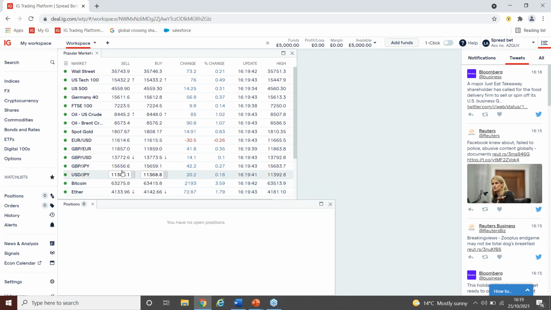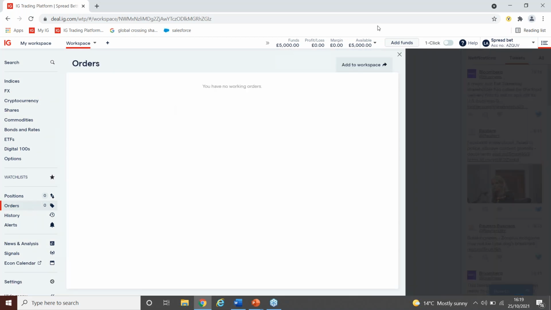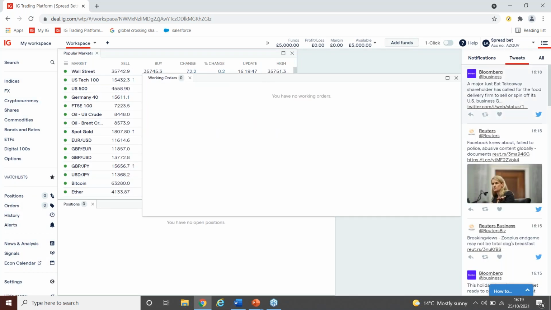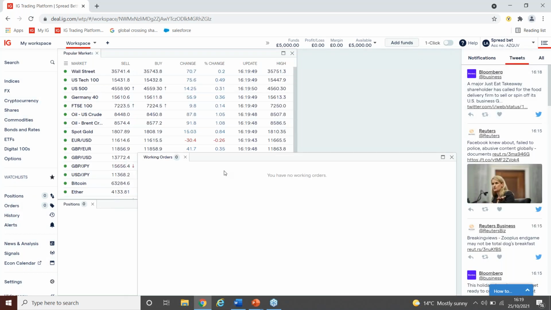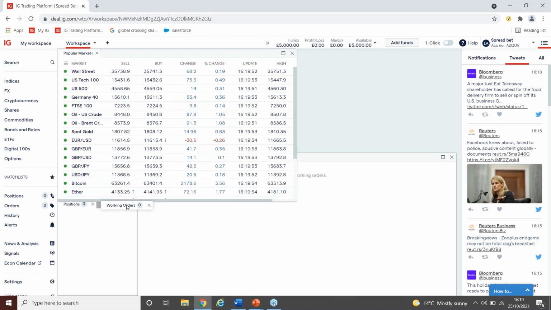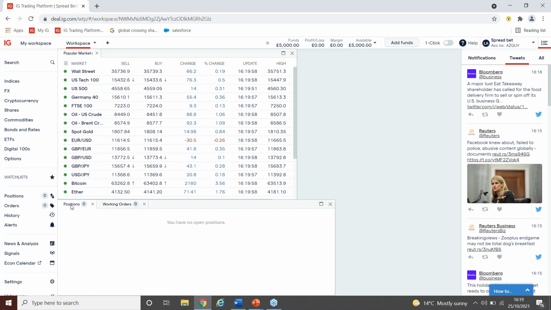And something else I normally like to keep there will be orders. So these are things and examples I will be showing later on, which will make sense later. What you also have to do is kind of use a tab system rather than putting it on top of each other. So I've got positions here as a tab, and I've got working orders here, which I can always click on as well. So what we will do first, and the most commonly asked question we always do get,